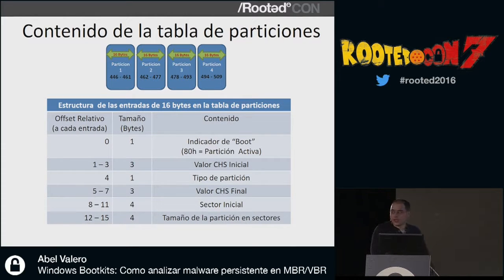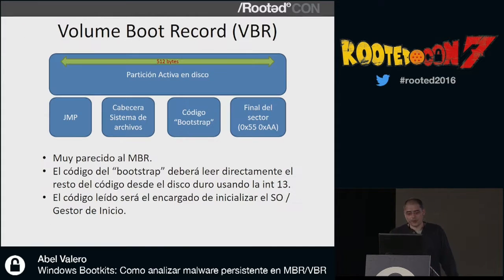Then the initial CHS value, how much space it takes on the system, the initial sector. So let's move on to this field. We read it, and this is the active one. We go to the field 0, active partition. We start here. We can read the number here, and let's move on to the sector, and we'll be on the VBR, very similar to the previous one.